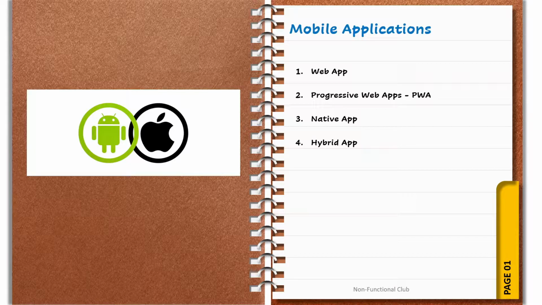You might already have heard about three types of applications like web, native, and hybrid application. In this session, we will also look into one additional application type, that is progressive web application, also known as PWA. We will be talking about each type of application in details and also discuss about its advantages and disadvantages. Also, we will see few real-time examples of all the application types.